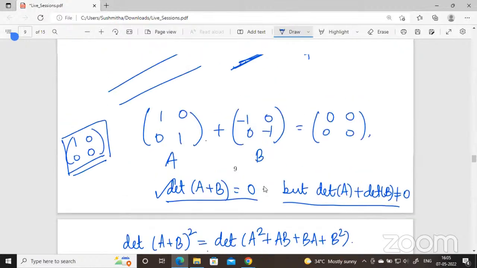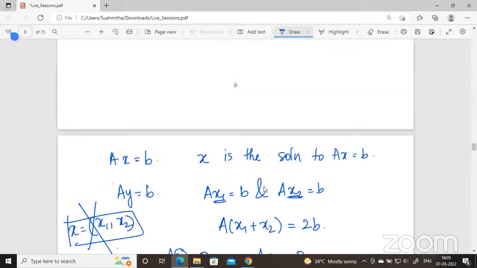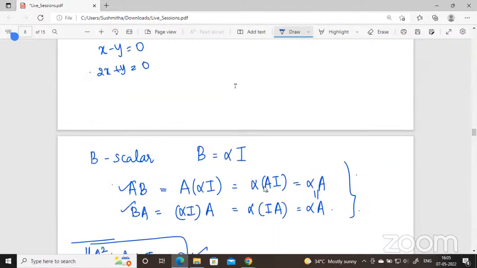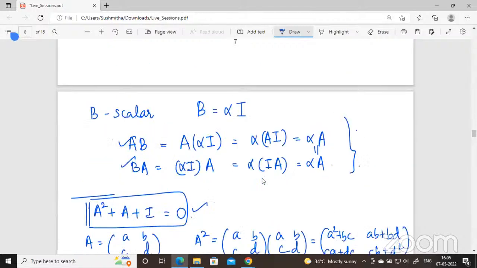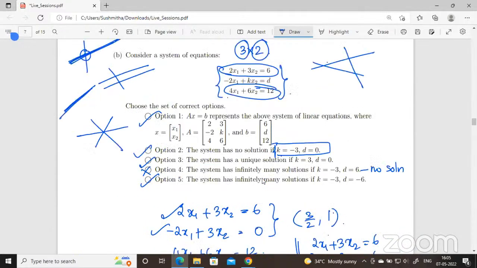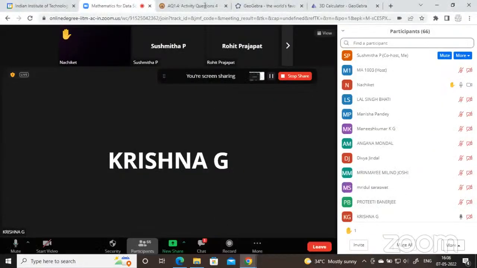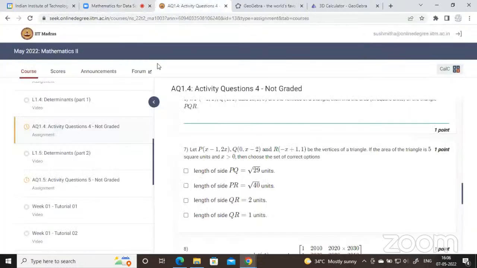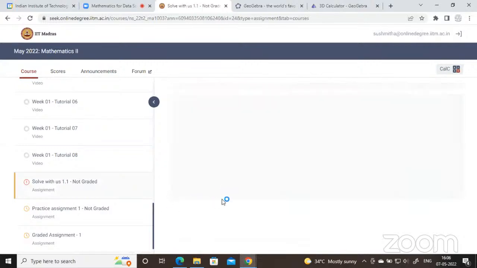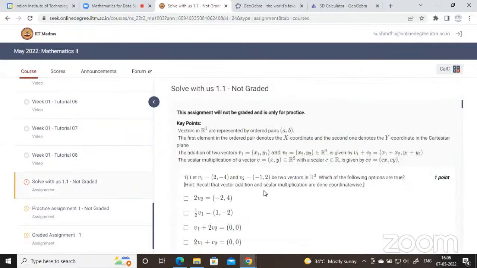This PDF, ma'am, which you sent, we can erase it using this browser only, the ink, but it took a lot of time. No, why? Because I want to solve it myself. Is it possible? I just put all this content from Solve With Us, so you can just take that. Solve With Us is there, no? This is just from Solve With Us. Where is the Solve With Us? This one. Oh, okay. So I just took it from there. Yeah. Solve With Us is basically the summary for the entire week, right?